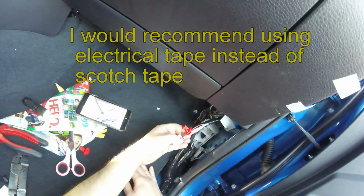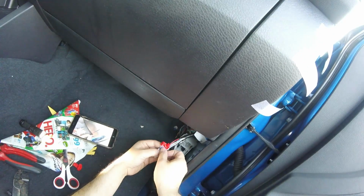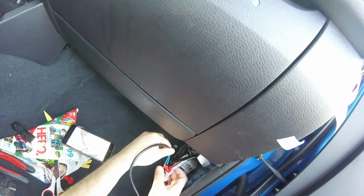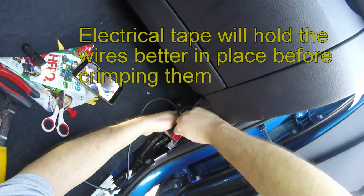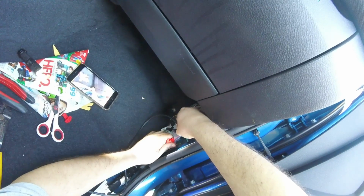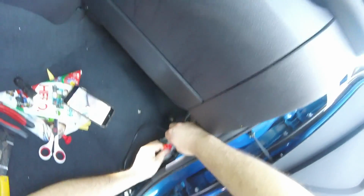So here we have it. What I'm gonna do is tape this so it doesn't move, and then I'm gonna stick that other wire in here. And go ahead and stick it in there. I am gonna tape that too. I'm pushing it in, make sure it doesn't come out if I move it. Alright, so now that it's in and I put tapes on the end,